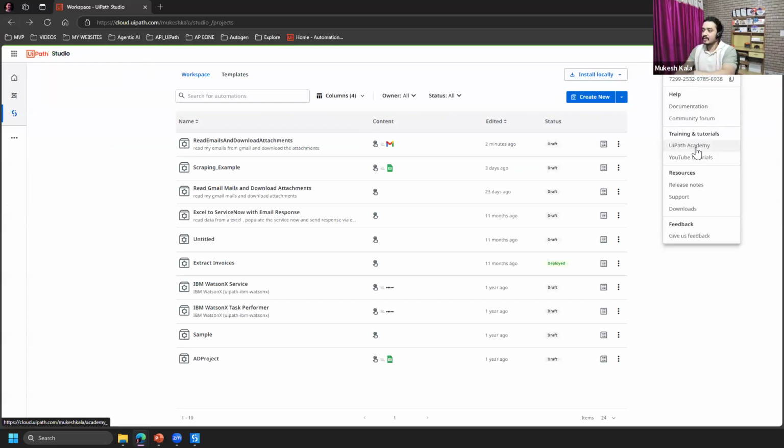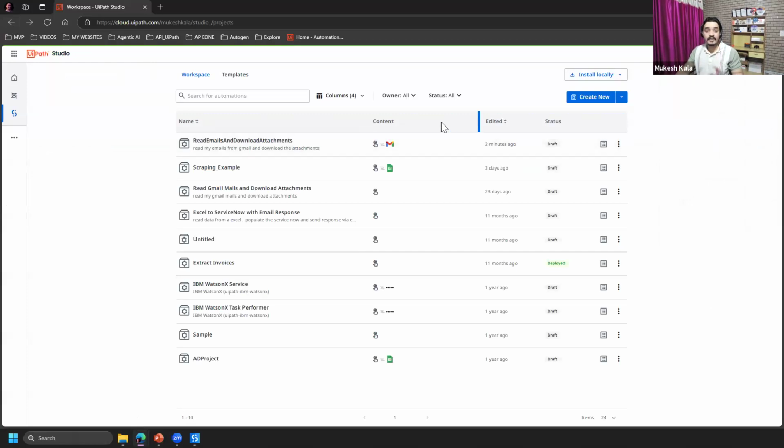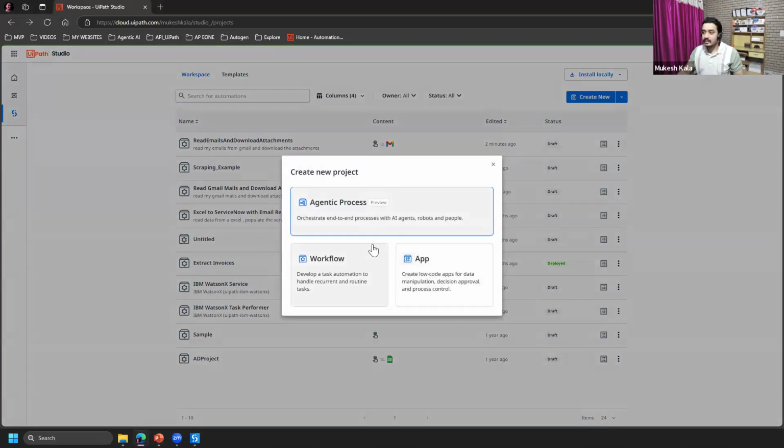You can understand all of this better from there. Feedback and all. This is on this screen, right? But now let's go inside and see what we have got when you say create new. When I say create new, you will get this thing, app and agentic. We are parking that for a while because that's kind of an advance. I'll go here and I say create a new workflow, right?